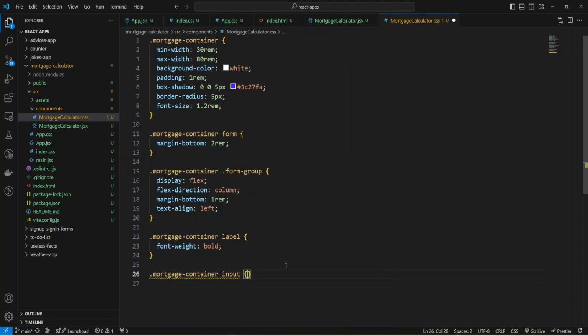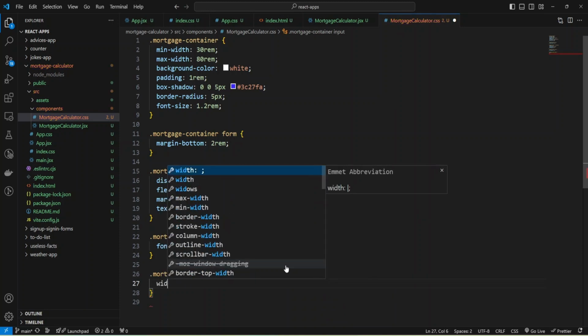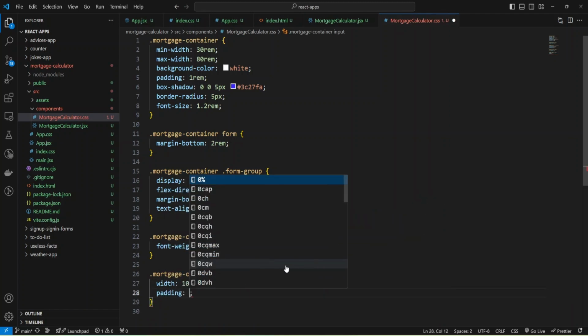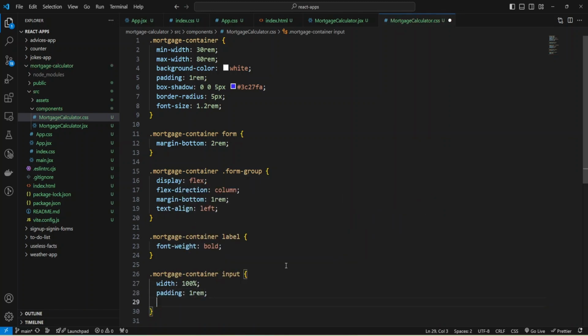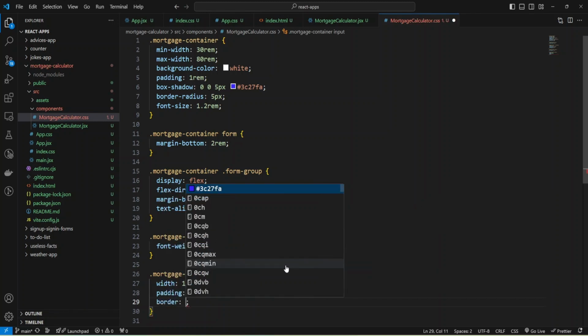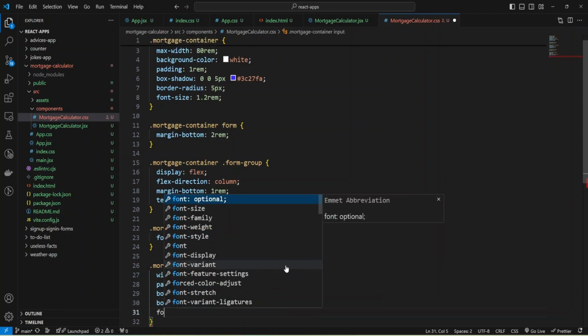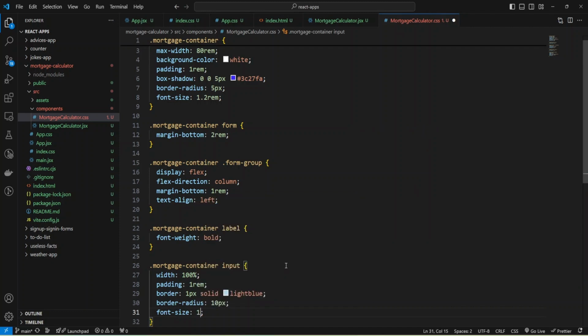For the input, I'll make width 100% and add padding 1 rem for all sides, and make border 1 pixel solid and use light blue, and border radius will be 10 pixels, and also we can increase font size to 1.1 rem.